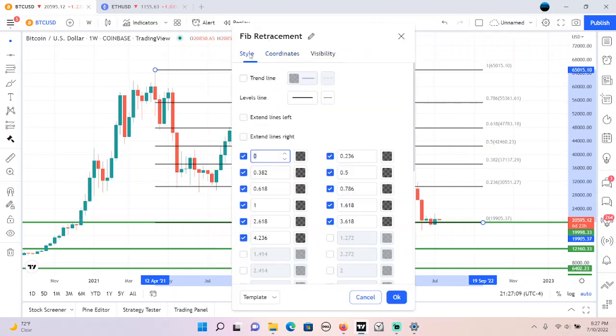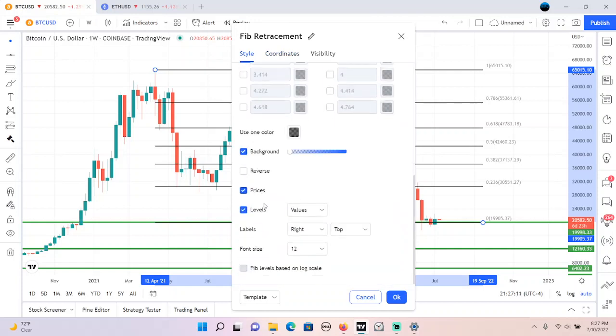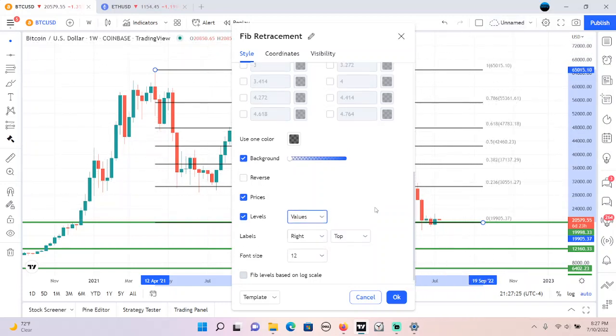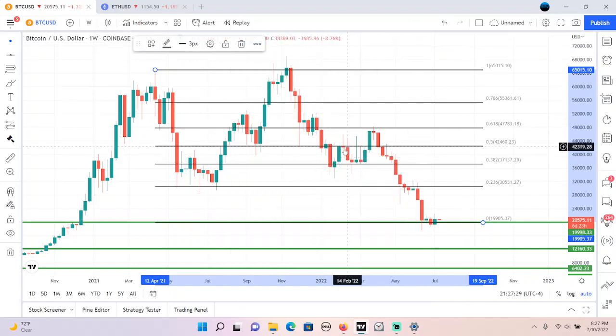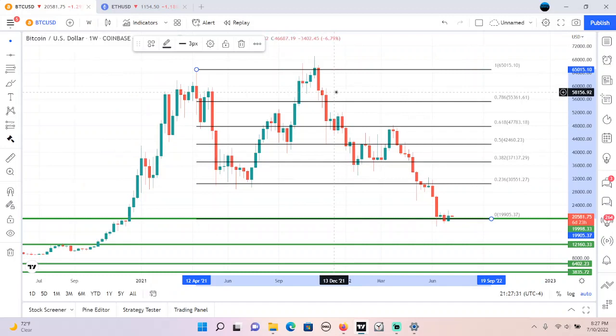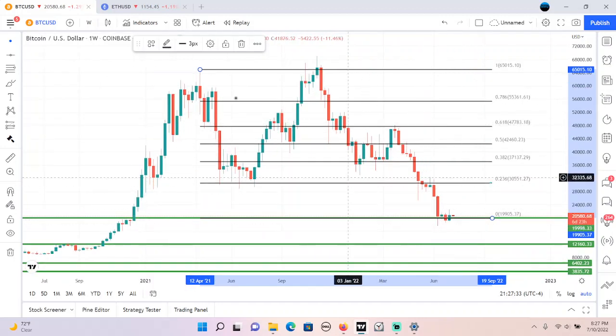You could turn them into percents. See, 100%, 78%, 61.8%, 50%, 38%. It's whichever ones you find easier to read, because the whole point is how to read and understand charts. So previous all-time high, that's a full retracement, and usually after a full retracement,